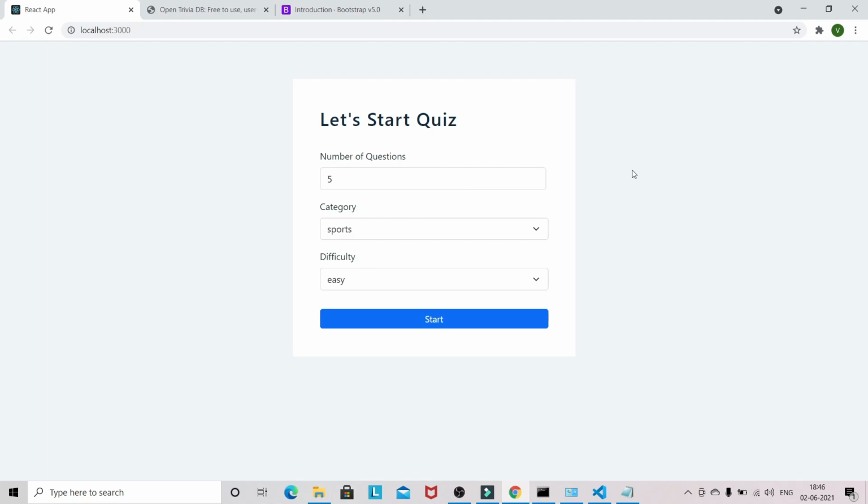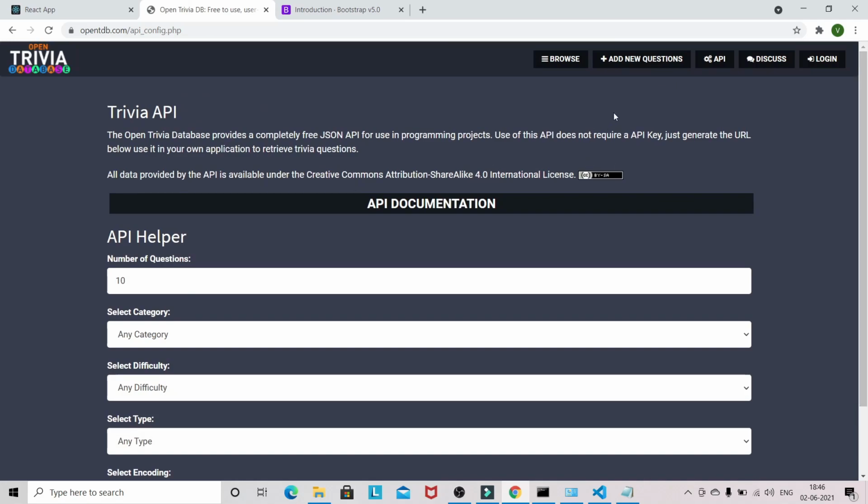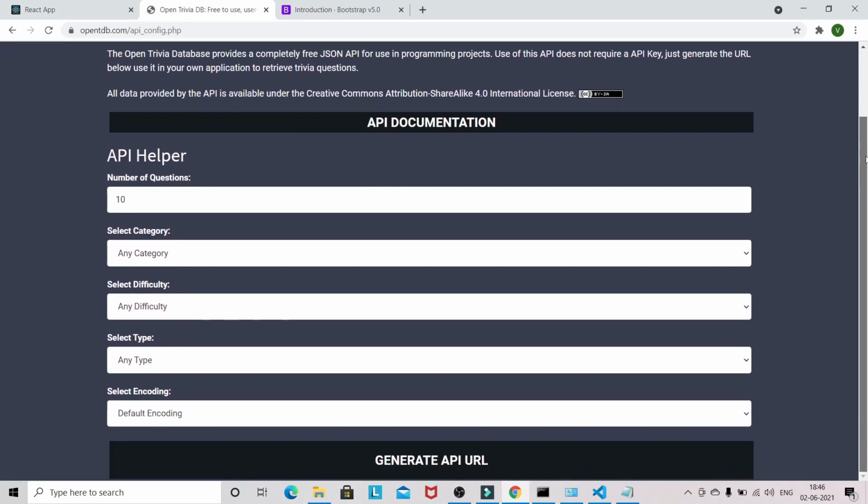To build this application, I have used Open Trivia DB. You can go to that link and click on the API configuration. Once you click on this, you get this page, and here you construct a URL.